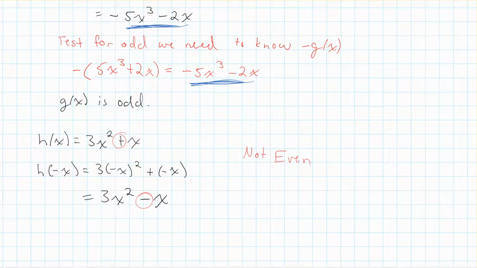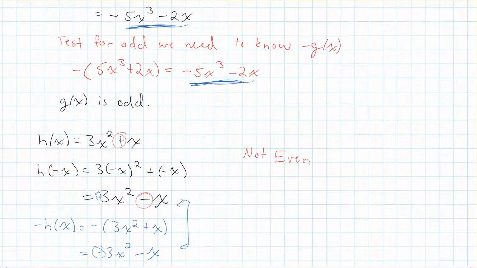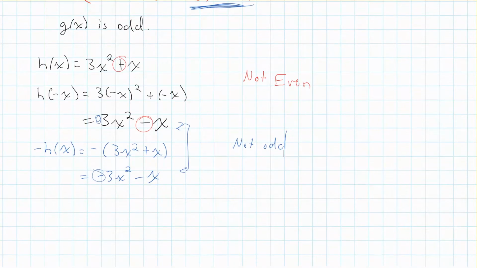But then if I want to test odd, of course I need to know what negative h at x is, which would be negative 3x squared plus x. So then we'd get negative 3x squared minus x. But then we can see that these two are not the same either, because we have a negative here, and then this would be a positive right there. So we're not odd either. So h at x is neither